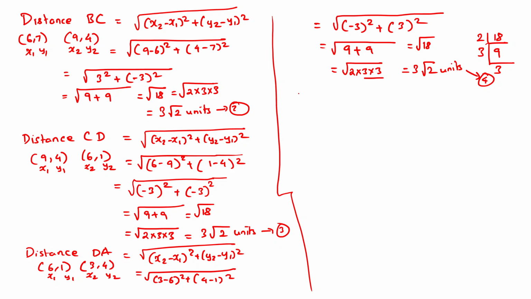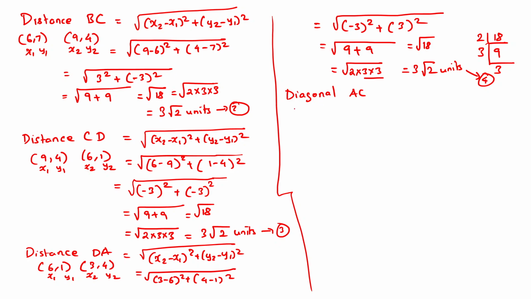Okay, from 1, 2, 3 and 4 we came to conclude that AB equal to BC equal to CD equal to DA. Don't stop here. We need to find the length of the diagonals also in order to show the coordinates are square. If the diagonals' length varies, it is not a square, it is a rhombus. Okay, then diagonal